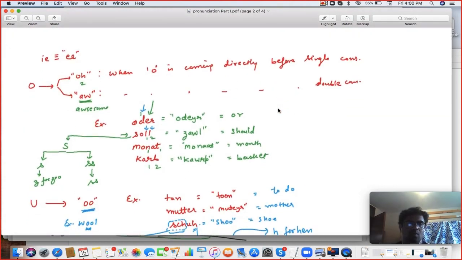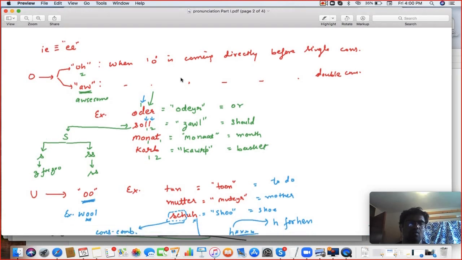Next is O. I'll take till vowels and then I'll give you 5 minutes to revise. O is having two sounds, O for Korea and O for solar, that is the O sound. And the second sound is O for awesome. So after O, if it is one consonant, that's the long O sound. Otherwise, it is the short O, like awesome.